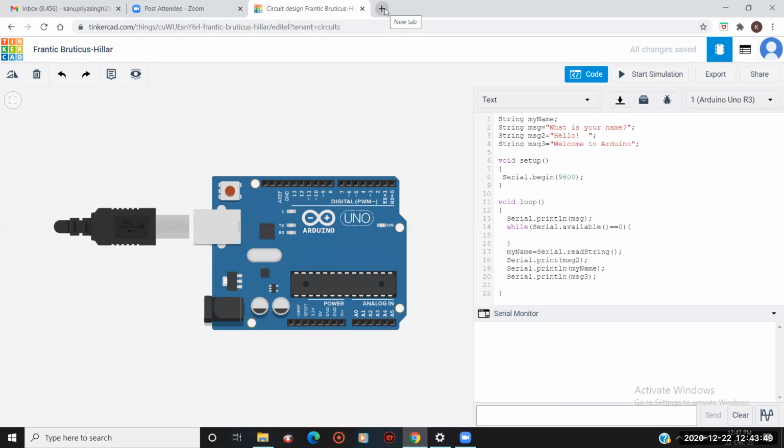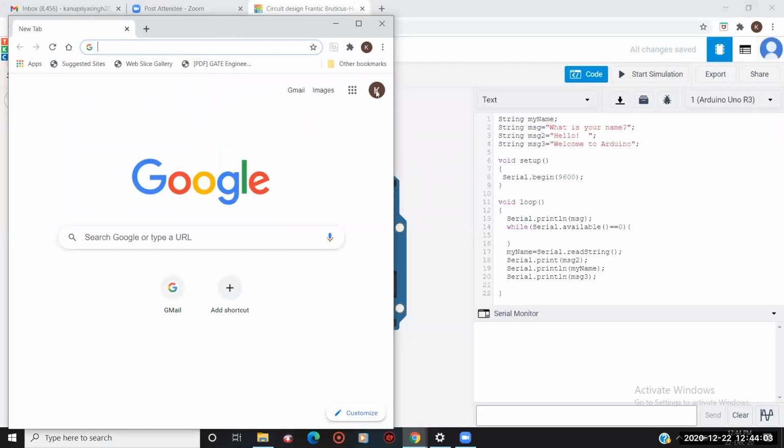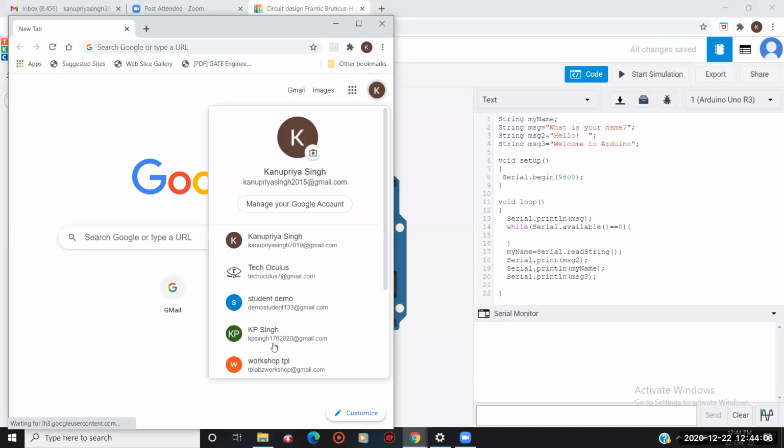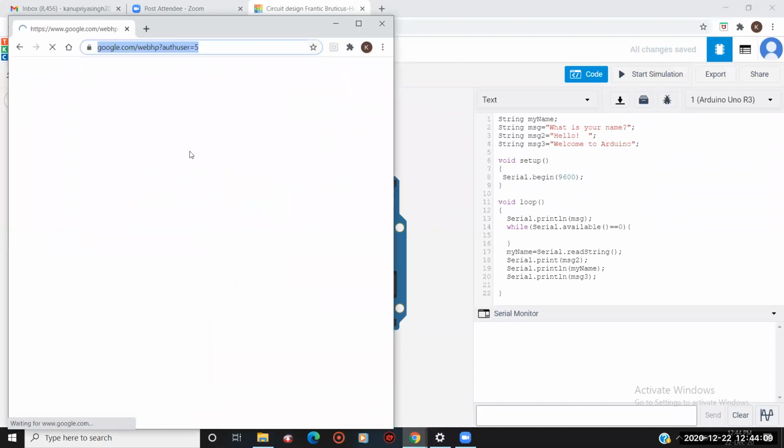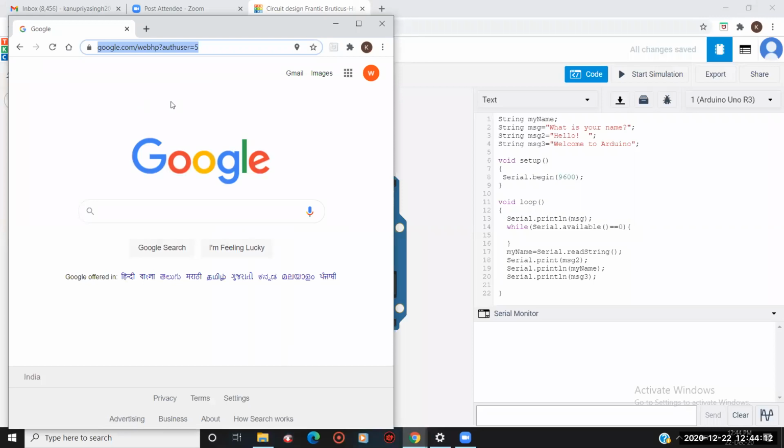Okay, and today you guys are having a surprise test, so be ready for that. Write the code and please let me know in the text box that you have written. Write it down in your notebook very carefully. If you have any doubt, then you can ask me. The S of the string will remain capital. Don't make it small, otherwise it will not work. And the S of the serial also remain capital, okay?